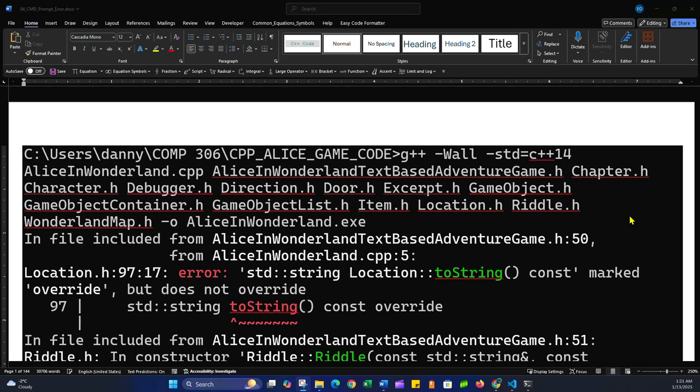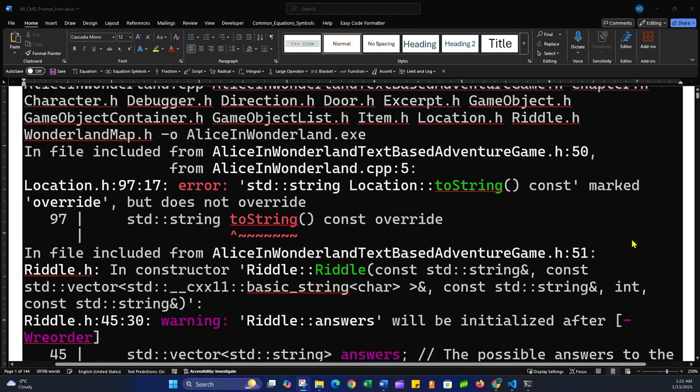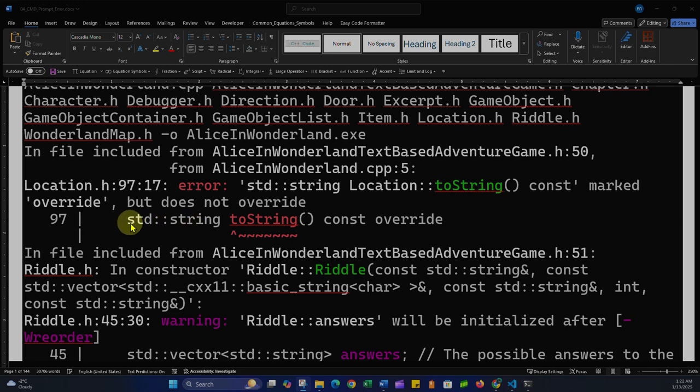Okay, so going through the errors, well, the way that I fixed this error here is pretty simple. The toString method in the location class was marked as override, meaning it was overriding its base class toString method,